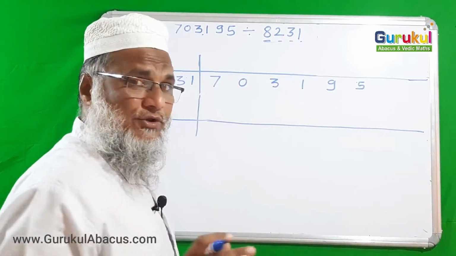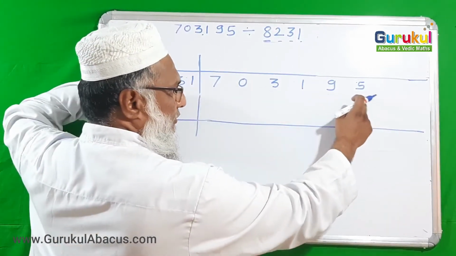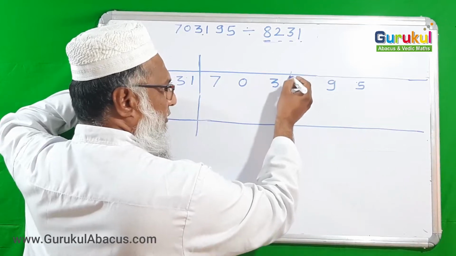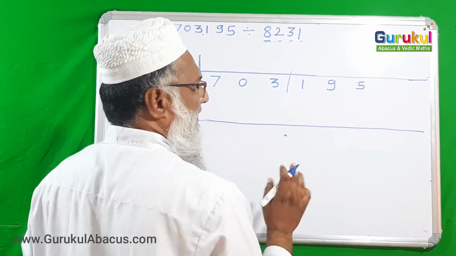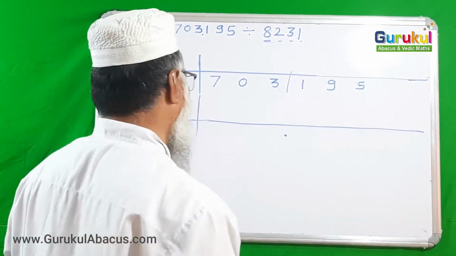Okay, here one more thing you have to understand. Here are 3 flag digits. So from the question number, you keep 3 digits after the cross line, and below that you put your decimal point, and now you are going to start to solve your example. The method is so simple, don't worry.